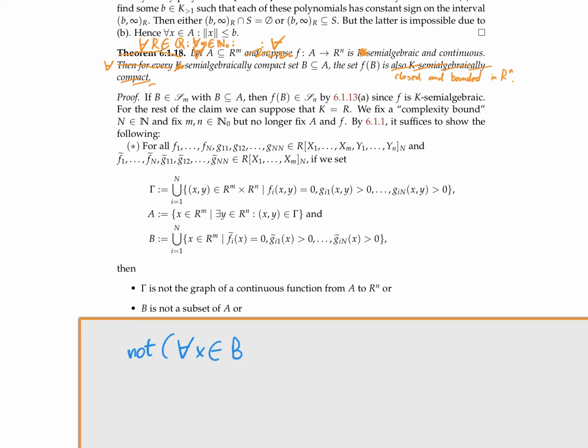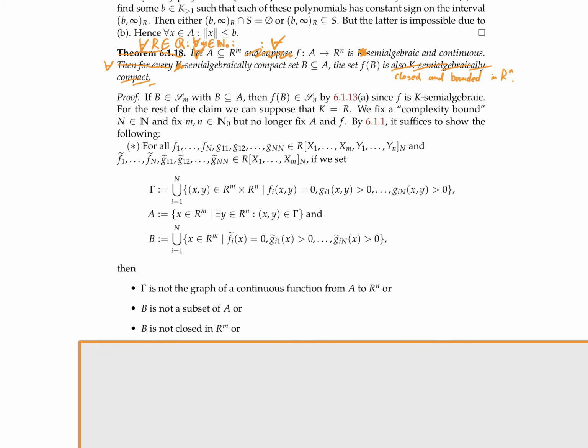So yeah, I mean that's semi-algebraic. Okay, so for all x in B, x in A, right? And so on, then you can, or B is not closed in R^m. Okay, maybe that's a little bit, there are several ways of doing this, but one way would be to say that there is something in the closure that is not in B. Being not in B is easy to write,